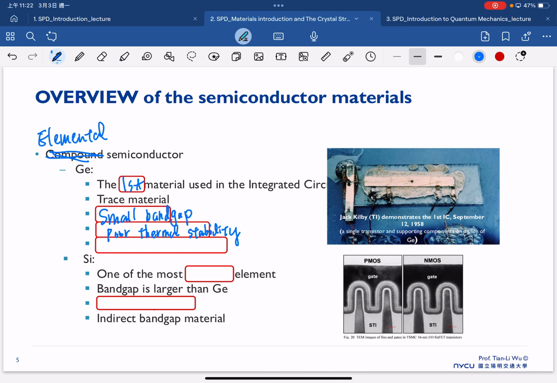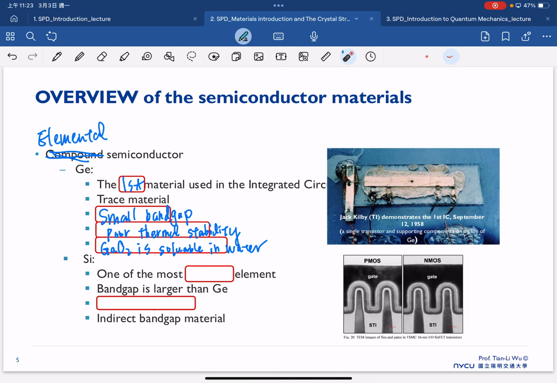And also gallium arsenide is soluble in water. So because of the very poor thermal stability, and also because it is not very stable under humidity since it's soluble in water,